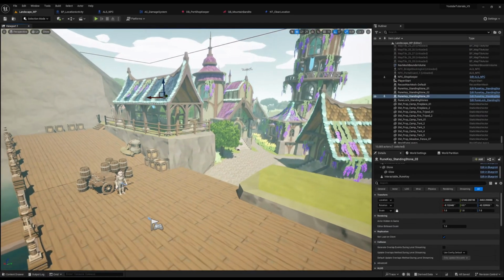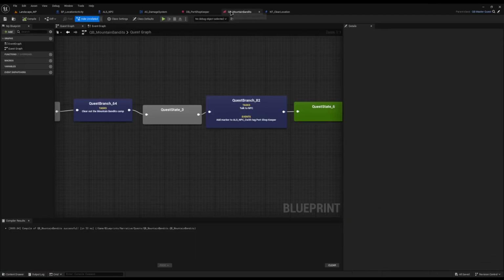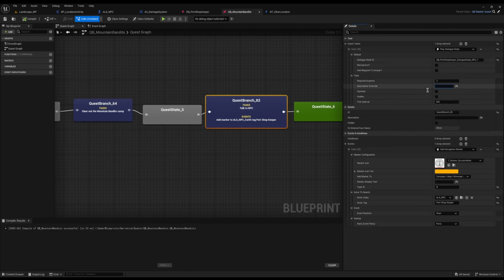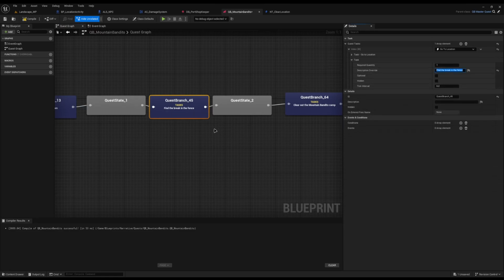That is a really simple bandit quest location thing, which is really cool, absolutely key for a lot of games, and really easy to create some filler missions, I guess you could say. Now, there were a couple of things I just want to fix up on this. It was saying talk to the NPC. I don't want it to say that. I want it to say return to the port shopkeeper, so that's fine. Then instead of go to the break in the fence, I want it to say find the break in the